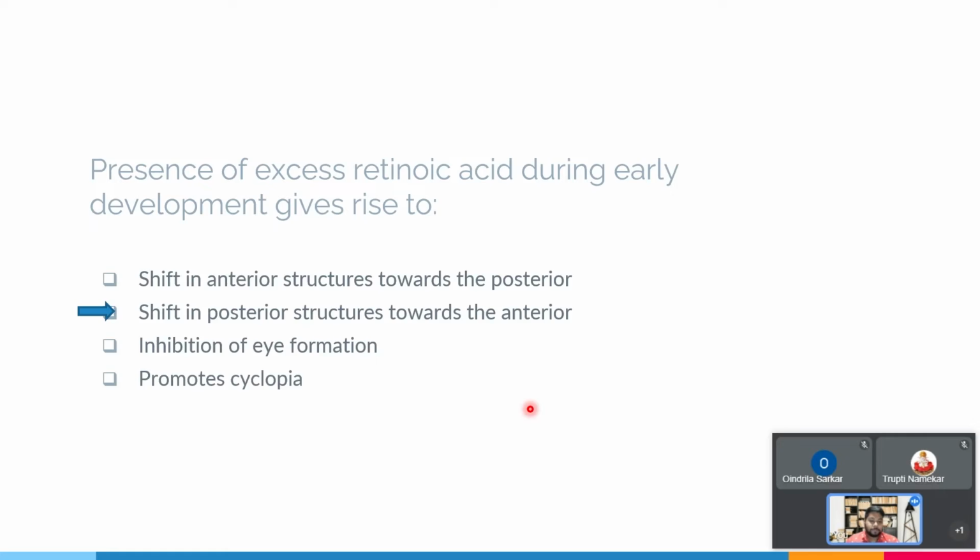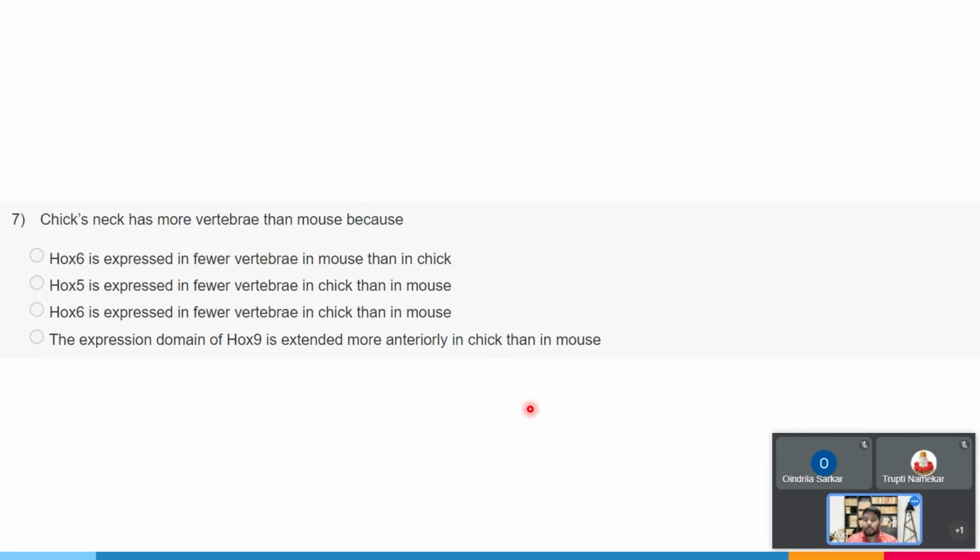So we move on and go to the next question, which is a very fundamental and interesting question. A chick's neck has more vertebrae than a mouse, which is obvious because chicks have a longer neck. But what is the molecular basis of it? The options are